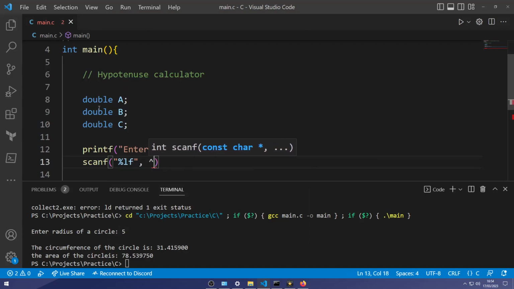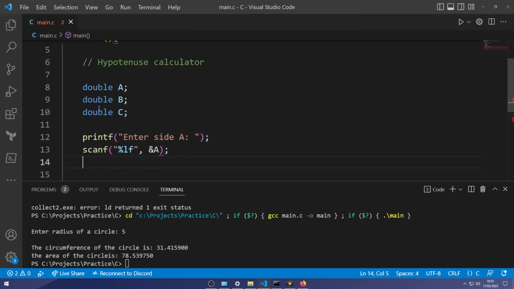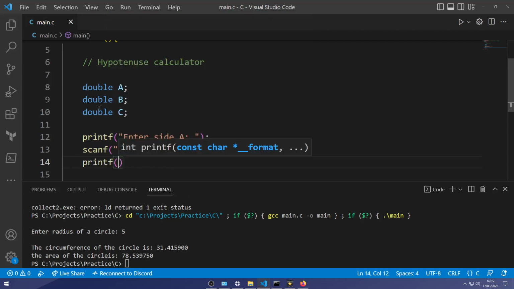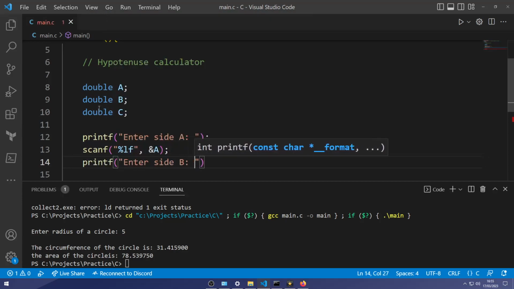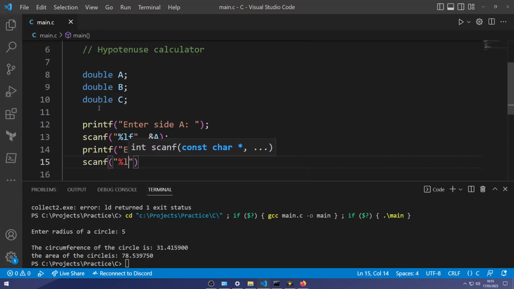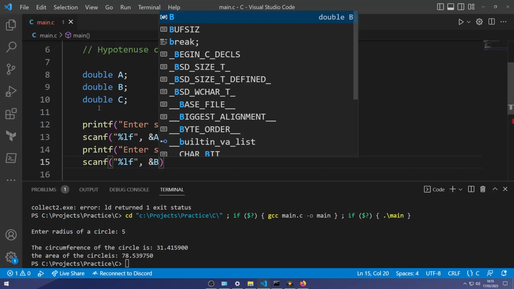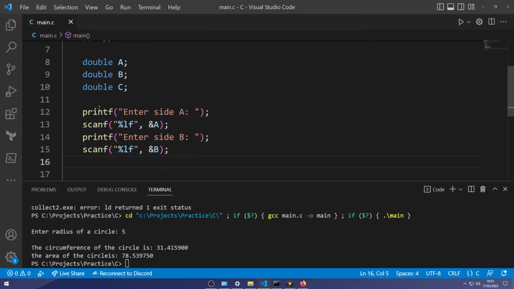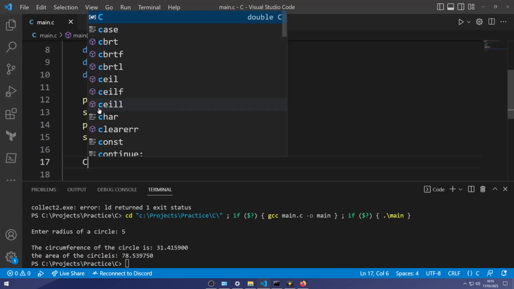So %lf is going to be the double type, and we'll use that ampersand to assign it to A. We'll do the next side, enter side B, and then we'll scan it. We'll assign that to the B variable. And then the C will be auto-assigned.